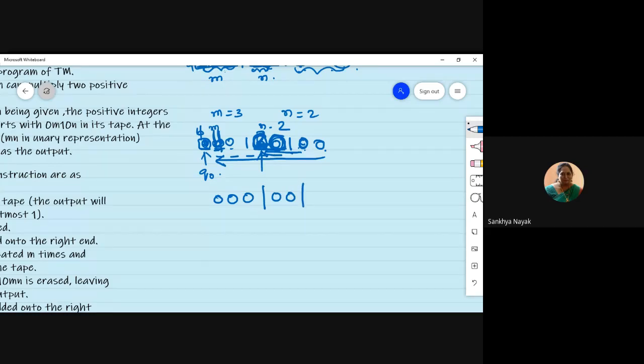We'll start with this. We are using a separator for m and n, which is 1. I'll see this 1 0. I'm going to convert this into blank. Then I'll move here. After this 1, I get this 0, isn't it? So I'll make this as 2, just to remember that I have seen this. I have copied it over here. I'll come back. I'll make this again as 2 and go back and copy it. After copying it, when I'm coming back, I'm going to put these 2's as 0 again. Okay. And come all the way here. And this I'll make it as blank.